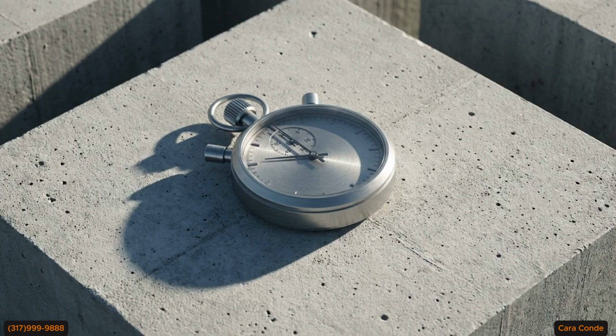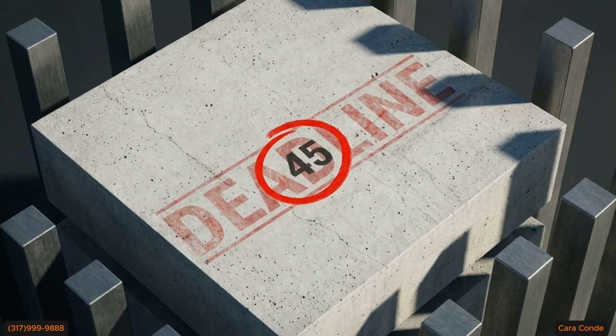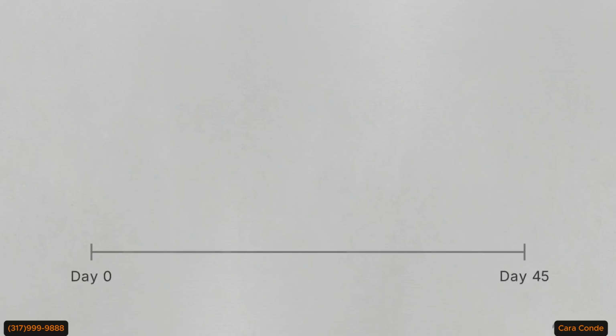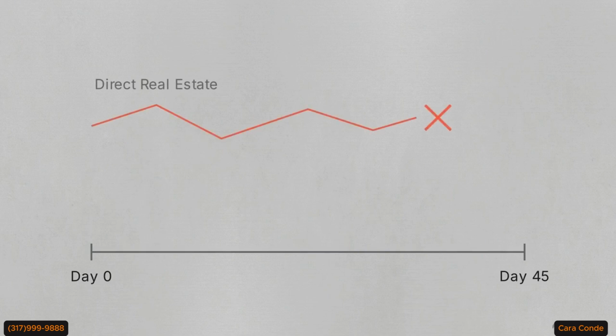A standard 1031 exchange comes with intense timing pressure. An investor has just 45 days from the sale of their original asset to identify a replacement property. This timeline tracks that window. Identifying and closing on direct commercial real estate within 45 days is highly prone to failure. Because DSTs are pre-packaged securities, an investor can identify and close their position in a matter of days, completely removing